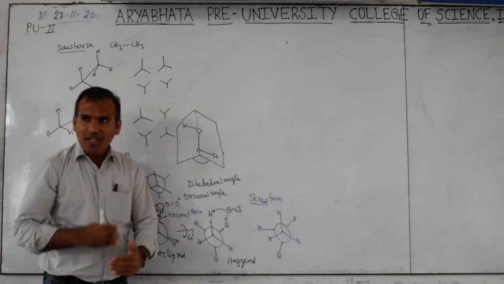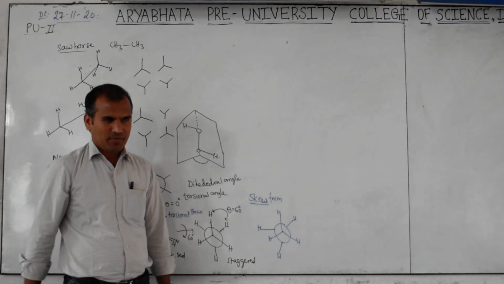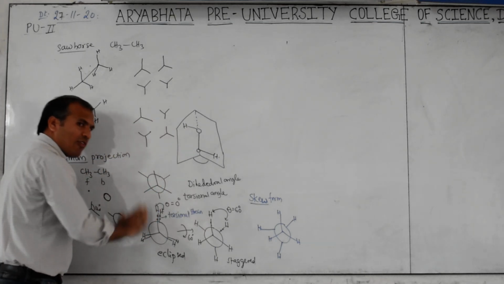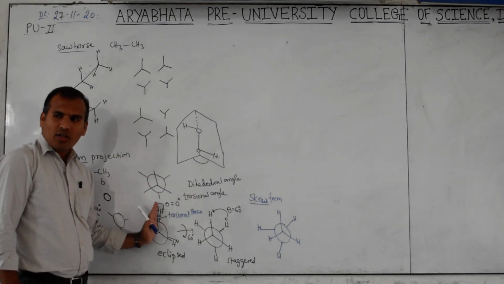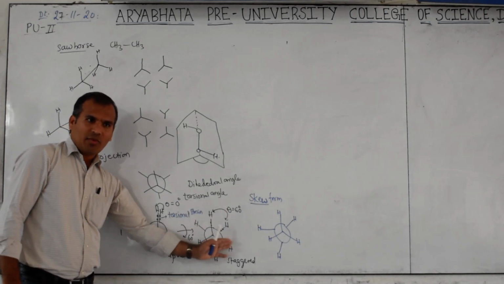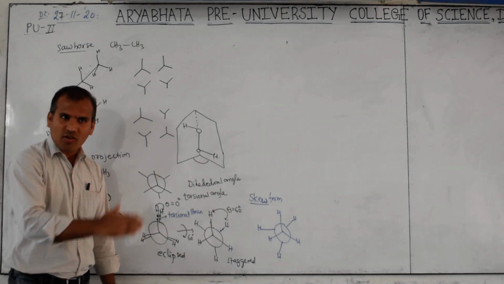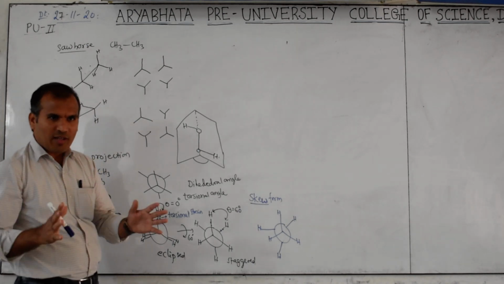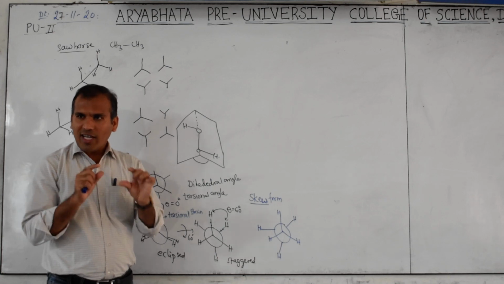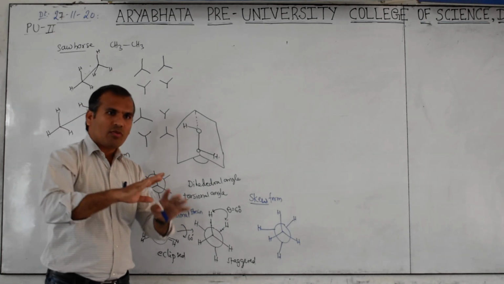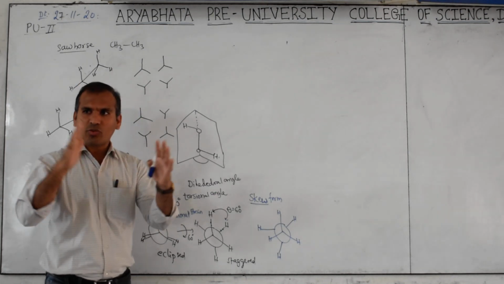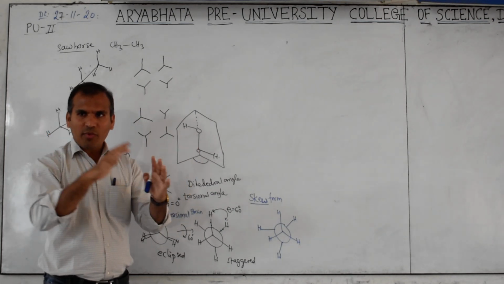Now optical isomerism, just correcting this concept. If you cut this molecule, the first one, you will get equal halves, or not? Cut this one: mirror image, mirror image. It means plane of symmetry present or not? You know plane of symmetry, center of symmetry, symmetry elements. If a chiral carbon is there and you cut the molecule, you will not get a plane of symmetry. If the molecule is achiral and you cut it, you will get two equal halves. The equal halves are mirror images of each other.